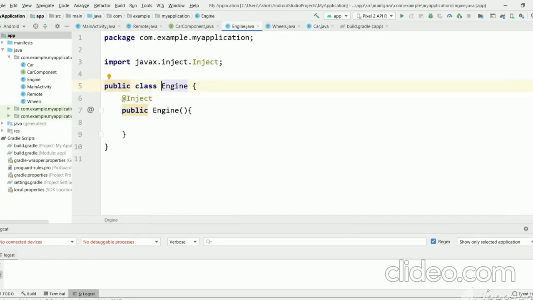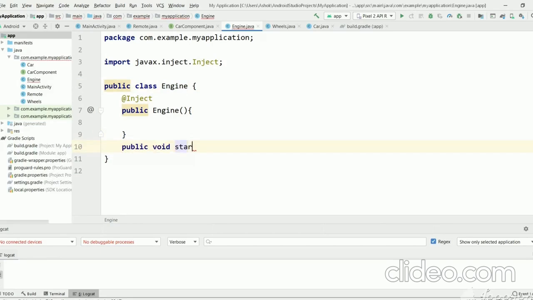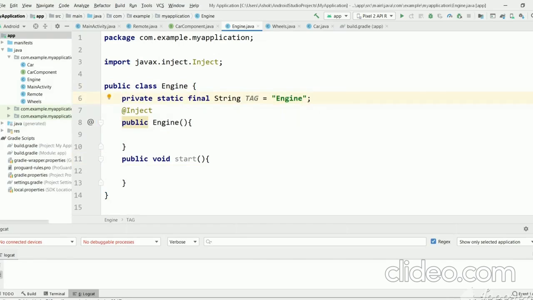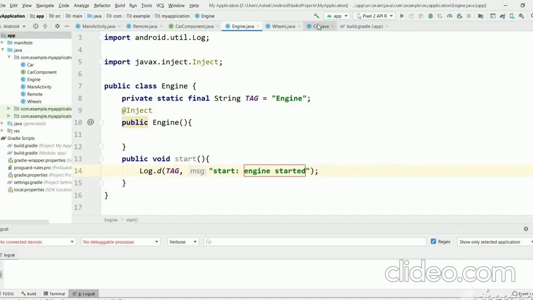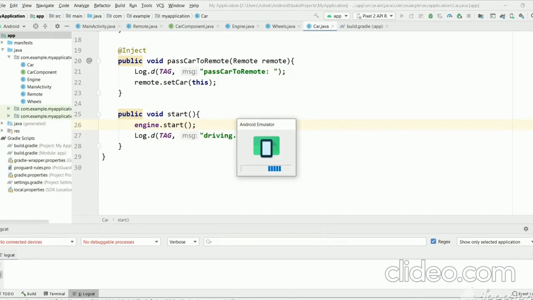Let's go to engine and let's have a method start, and for logging purposes just write log and write engine started, and in car component in start method we will just call engine dot start, and let's run this. It's taking time the first time.